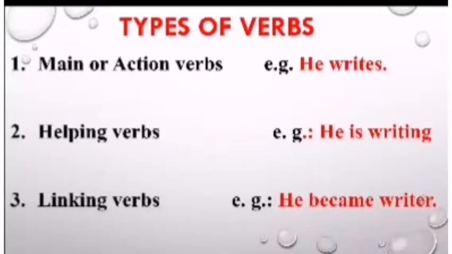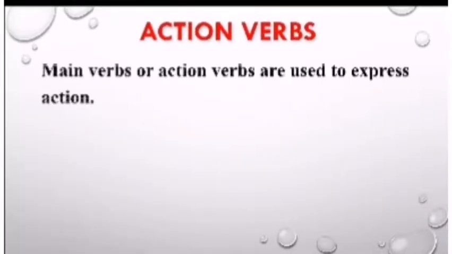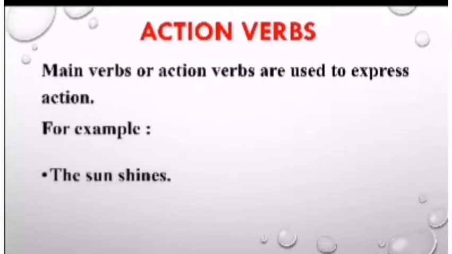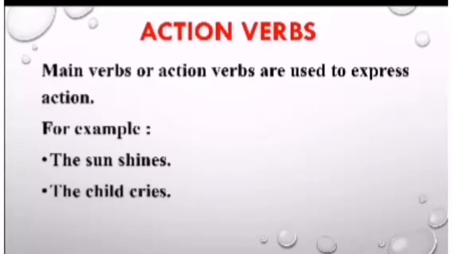Next, linking verb. He became writer, so the word which links between subject and the other word, that is linking verb. We will do detail about these three one by one. Number one, action verbs. Now, main or action verbs are used to express action. For example, the sun shines, the child cries, or birds fly. Action verb